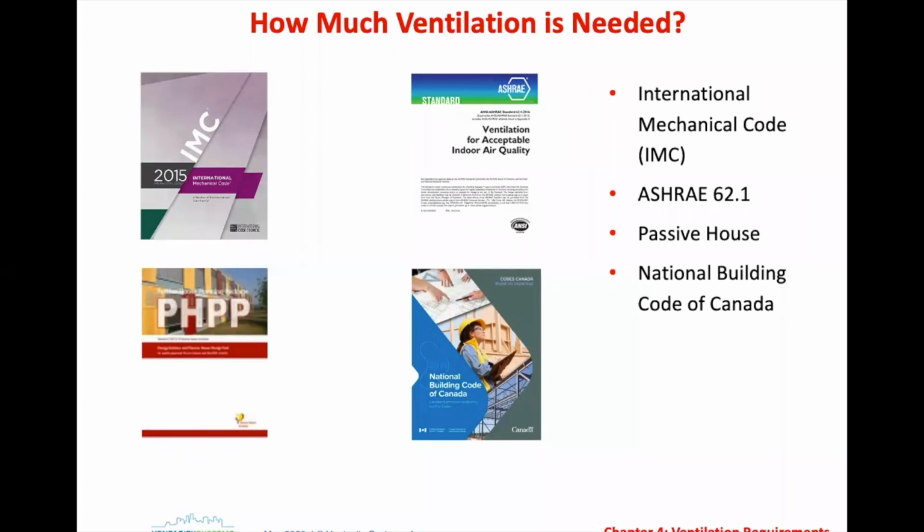So when people ask our organization to help them with design or figuring out their basic ventilation requirements, my standard response is, I will do it to basically ASHRAE 62.1, but you need to check with your local code official to make sure that that is the IMC or ASHRAE 62.1, if that's referenced, and that that is what their jurisdiction is requiring. And I have seen it where we did a design and then the local code official said, no, we do this differently. You've got to do this, or you've got to do that.